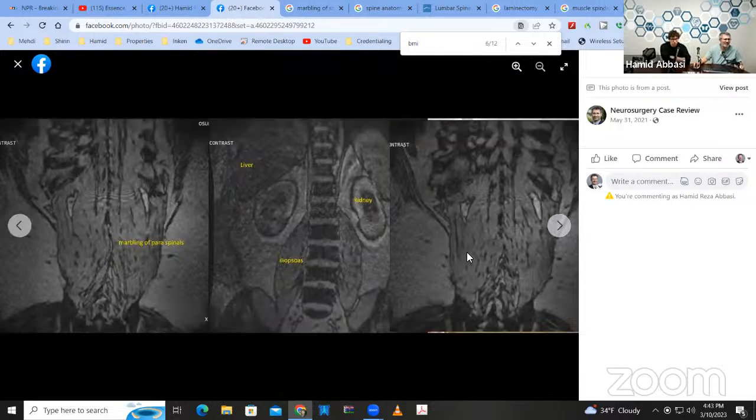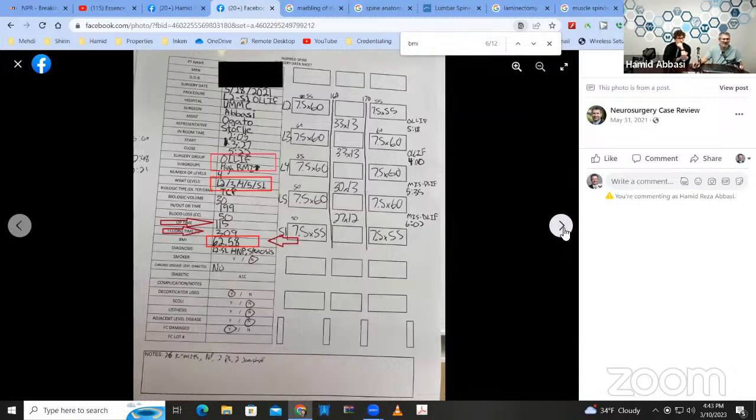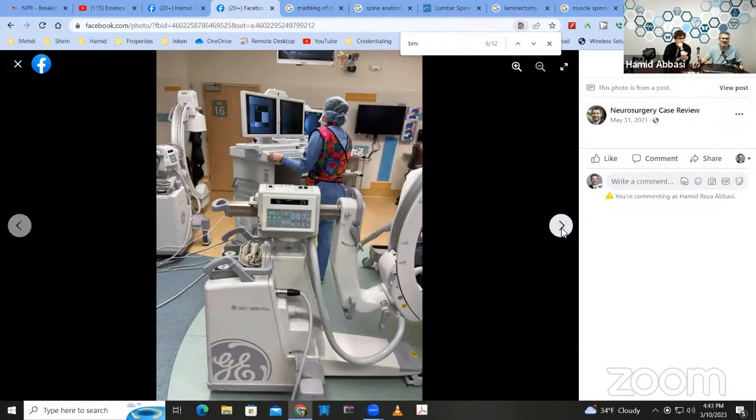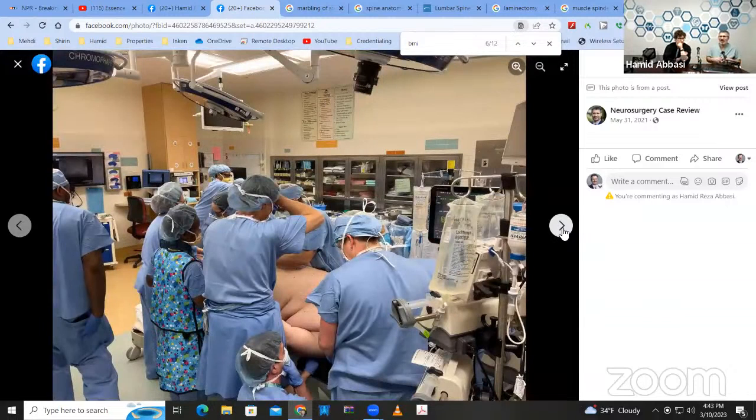And again, you see the marbling of that iliopsoas. Here you see a little bit of the marking of what they are. Now, in this surgery, obviously we can do the surgery because we are not cutting the muscle. We are not cutting the tissue. We put a tube in. And once you put the tube in, it doesn't matter if you have 2 inches of subcutaneous fat or 6 inches. You perform more or less the same surgery.